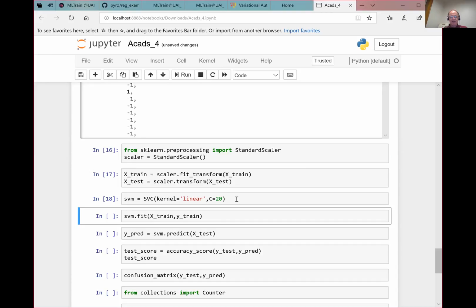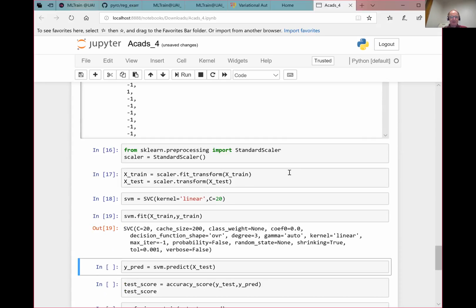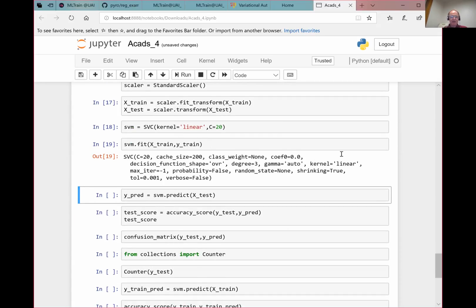So again, we instantiate it with a linear kernel, and C equal to 20, and then we fit it on the train set with the training vectors, the 4-dimensional training vectors, and then the labels. And let's see how well it does on the test set. So that means we're going to use the predict function on the test set to find out what labels it predicts for the